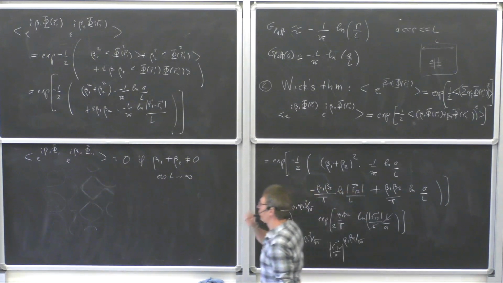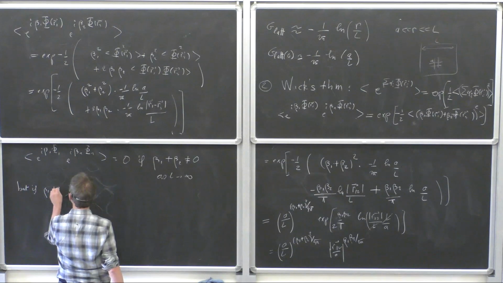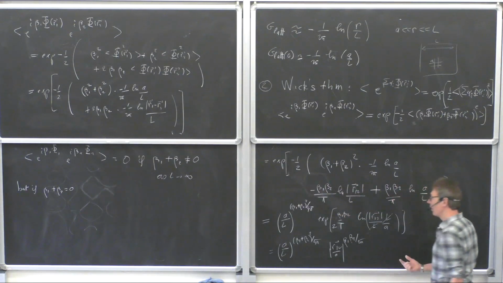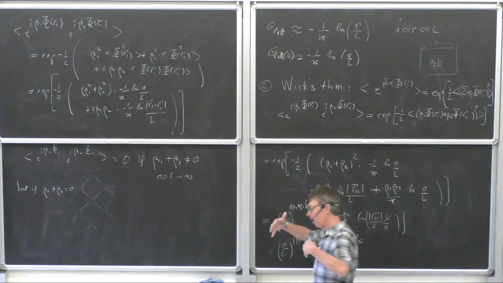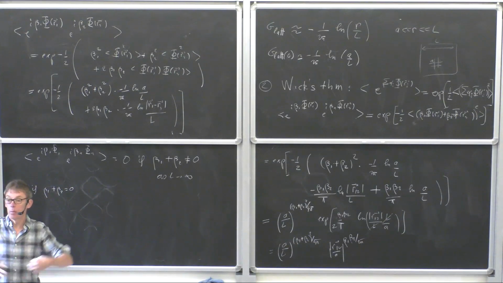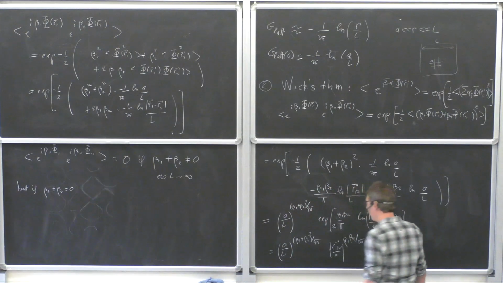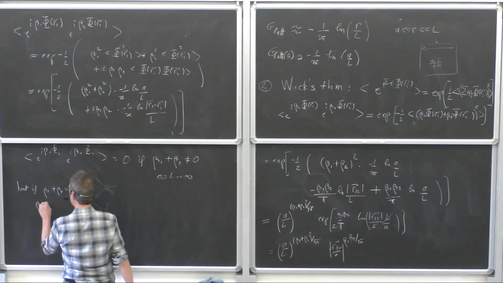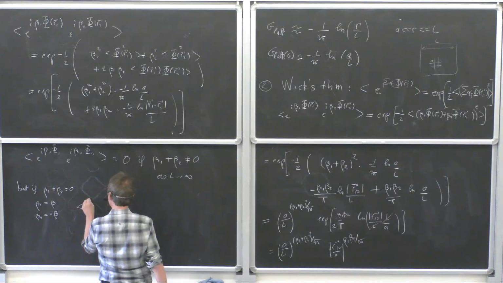And if it is equal to 0, then we get a result that's very pleasant because it doesn't depend on L. And it was really annoying to have the dependency on the volume. You've never heard of a nice quantum field theory where things depend not only on the UV cutoff, but also on the infrared cutoff. I mean, it may happen, but it's not nice if you want to define a local theory. But luckily, if beta 1 plus beta 2 equals 0, and I'm going to set beta 1 equals beta, beta 2 equals minus beta, then we have